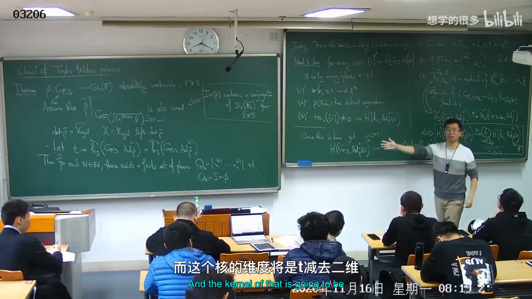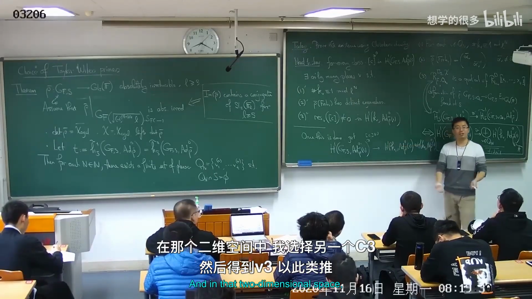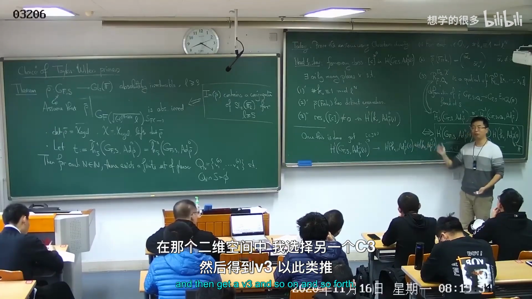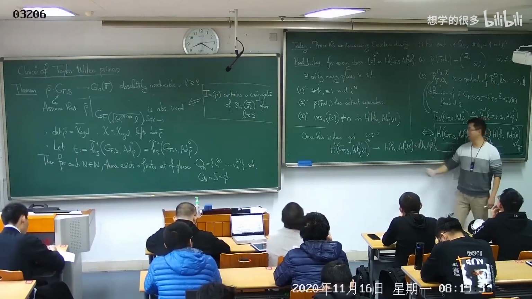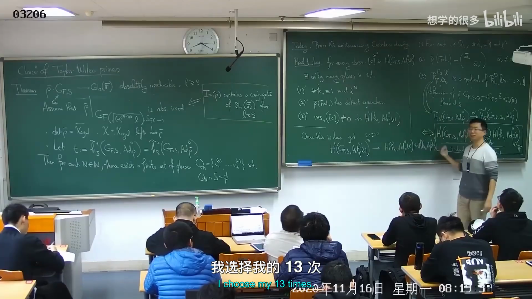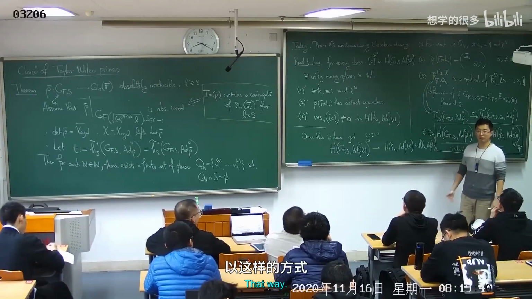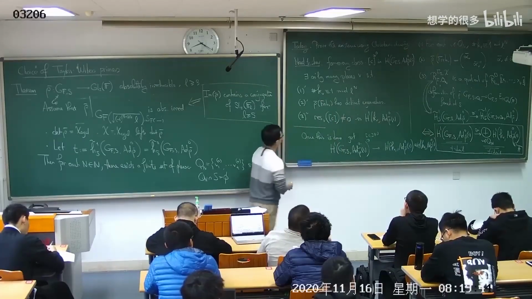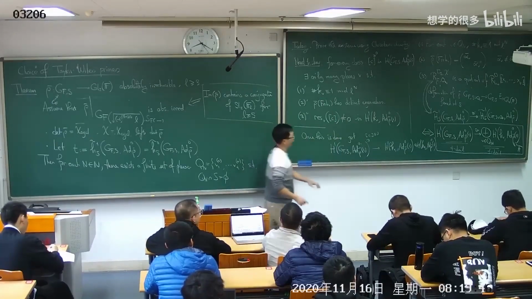And the kernel of that is going to be t minus 2-dimensional. And in that t minus 2-dimensional space, I pick another C3 and then get a V3 and so on and so forth. I do it t times. I will get an isomorphism. I choose my t primes that way. Okay. So basically, I need to do some sort of universal statement that for every class in here,